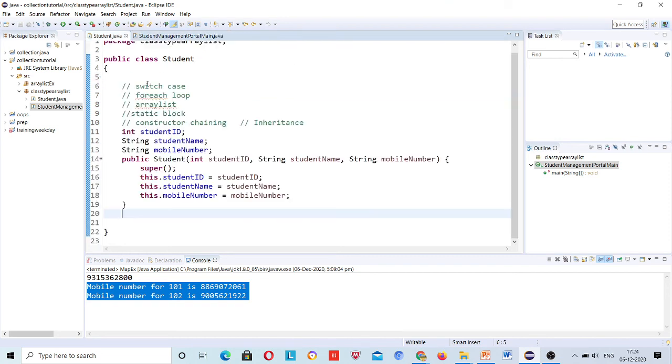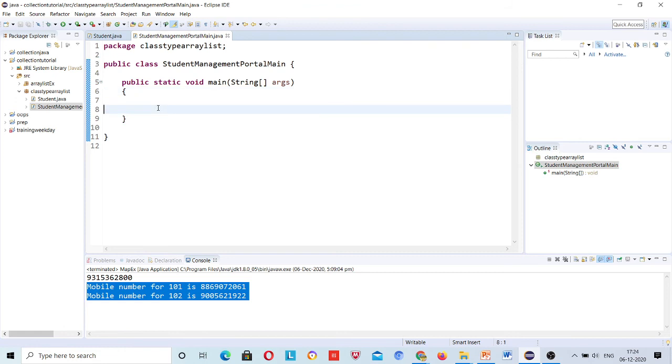See, this is student. Okay, now let me declare an array list. If you have an array list, then only you can add new students to it. Array list, right? List is equal to new array list.